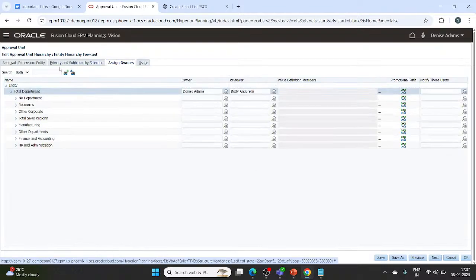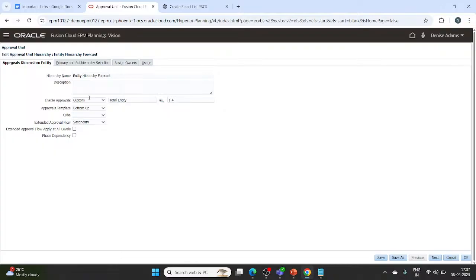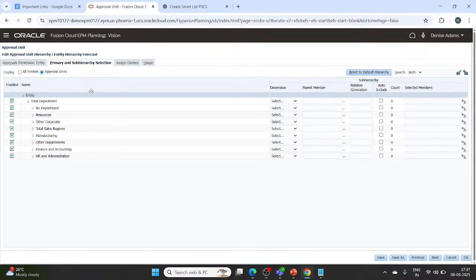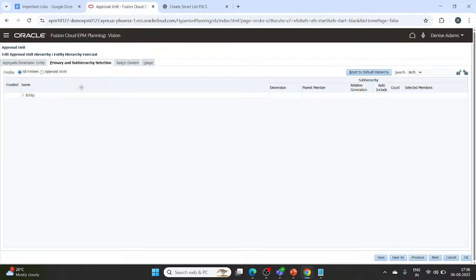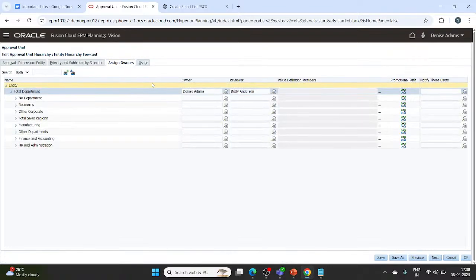Here we have assigned the owner for a particular entity. Firstly, we created the particular approval unit, and then in primary and sub hierarchy selection, in entity we chose the entity, and we have to give the particular dimension here. The particular dimension is already given under it, and here the assigned owner. So Dennis Adam and Betty Anderson, the two, have been assigned as owners. So we have saved it, and now we will